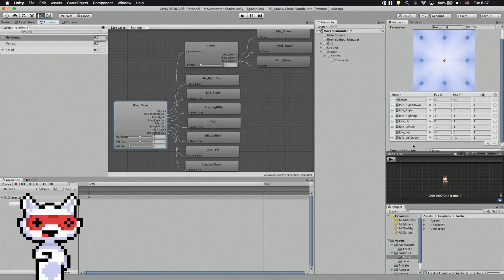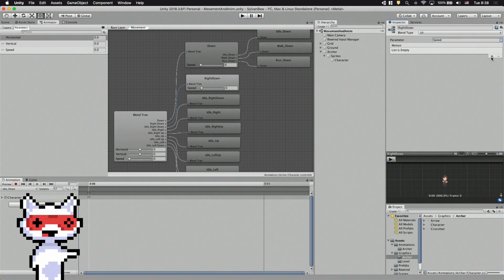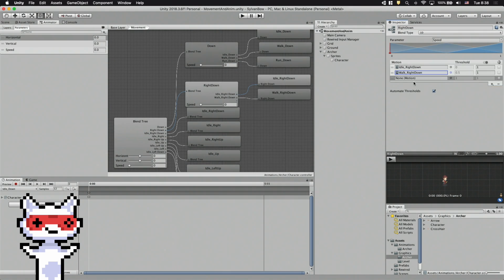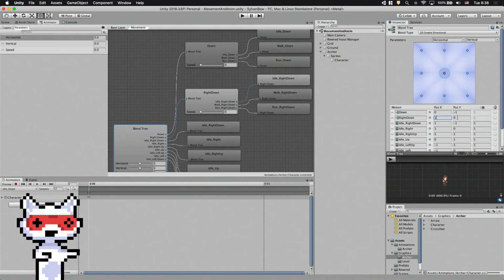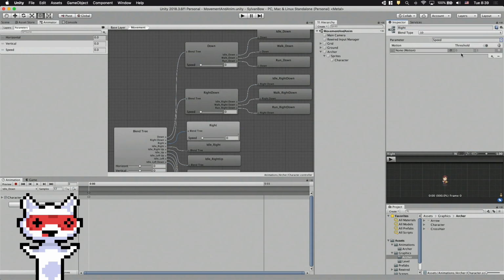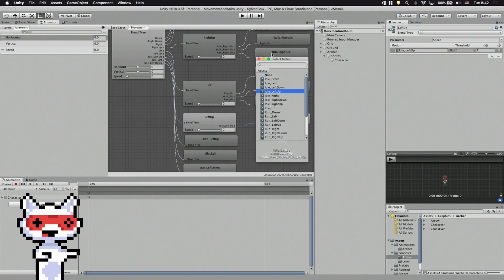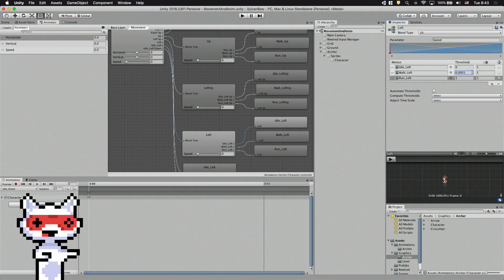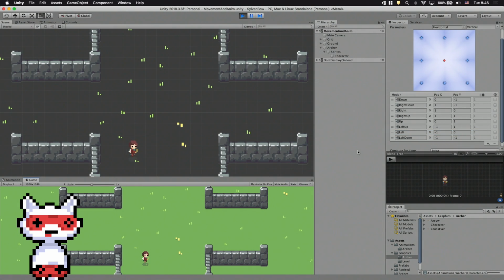Let's do the same steps with the other directions, like creating the 1D blend tree, setting the motion fields in it, and replacing the original motion field with the new blend tree. And also don't forget to set the blend tree's X and Y positions while deleting the simple animations from the blend tree. Our blend tree is growing bigger and bigger, but imagine the number of simple animation transitions we would have to do if we weren't using blend trees. If we hit play, we can see our animation working like a charm.